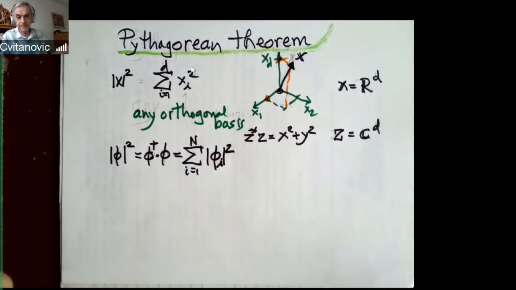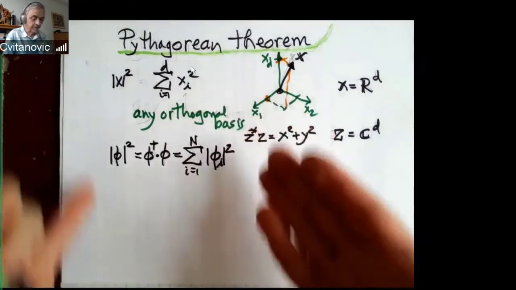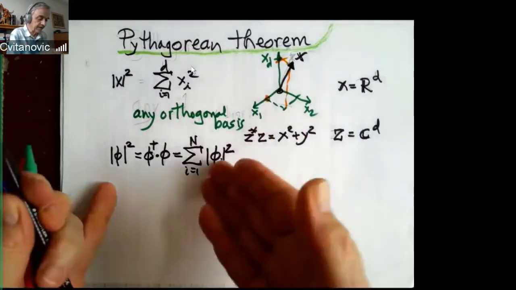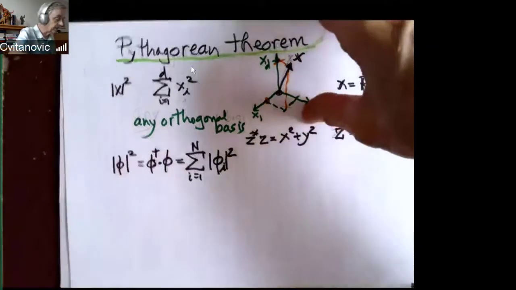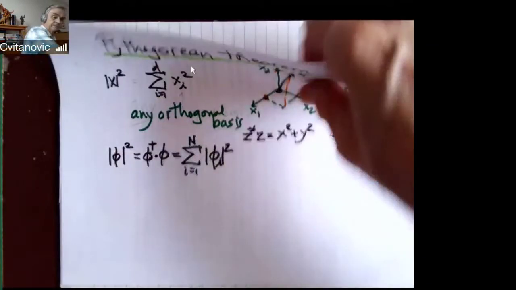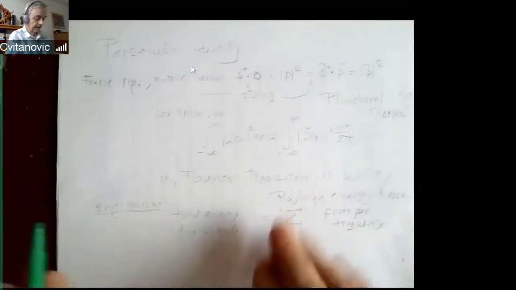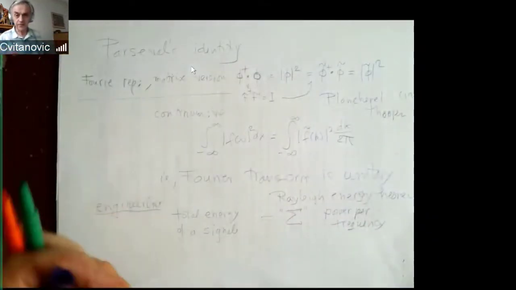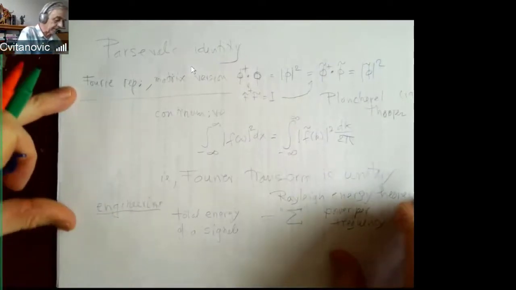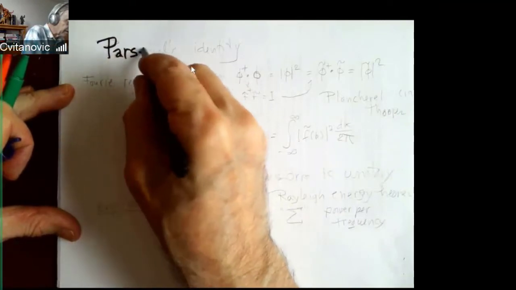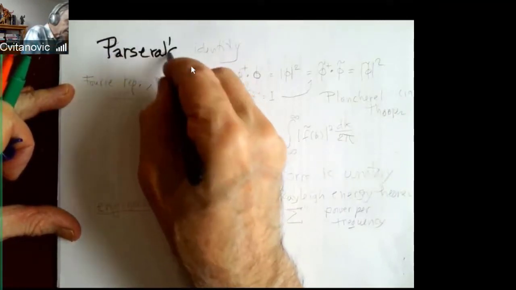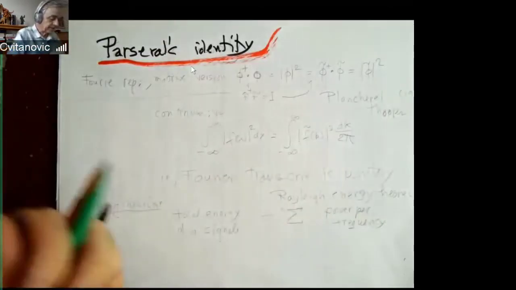Because Fourier transforms are just a continuation, for a discrete set we have functions defined like this on an orthogonal basis, because the Fourier basis is orthogonal. This immediately goes into complex analysis, and it changes the name. So the same thing is always called by a thousand different people's names. So now it's called Parseval's, not Pythagoras, identity.